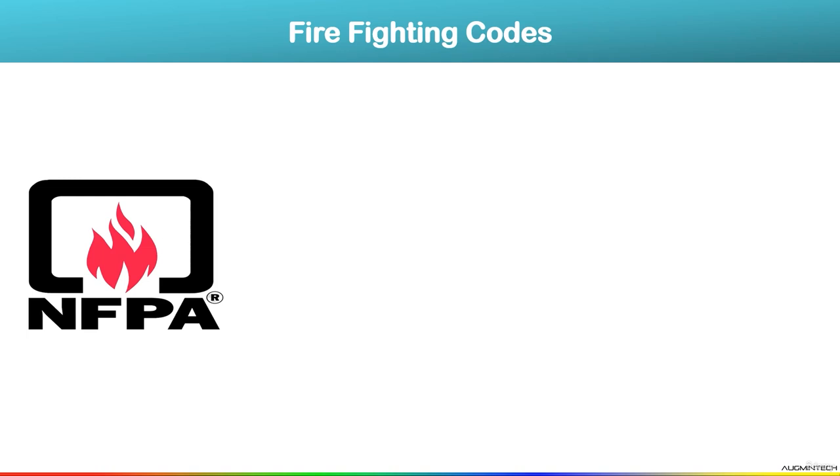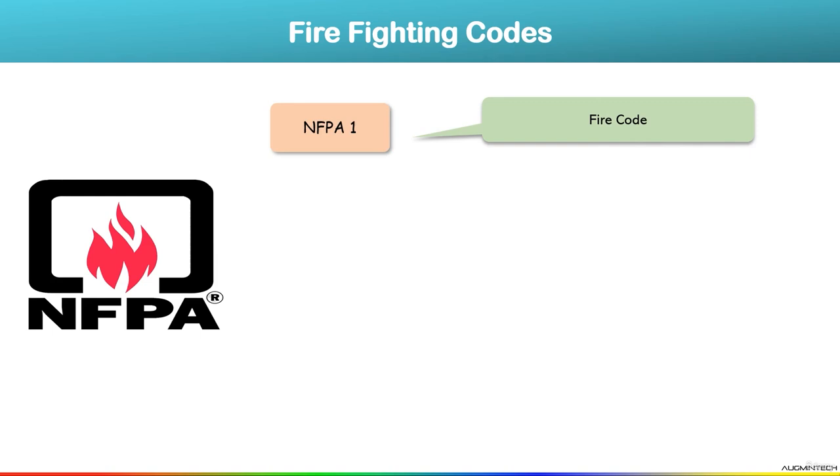So what do we mean by NFPA? NFPA is a global organization established in 1996, devoted to eliminating death, injury and property loss in case of fire. Here we have different standards, so let's see them one by one. First is NFPA 1, the fire code. In the fire code, we get minimum requirements to prevent fire and explosion hazards.